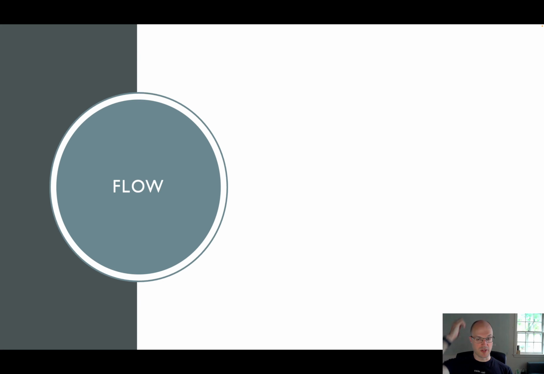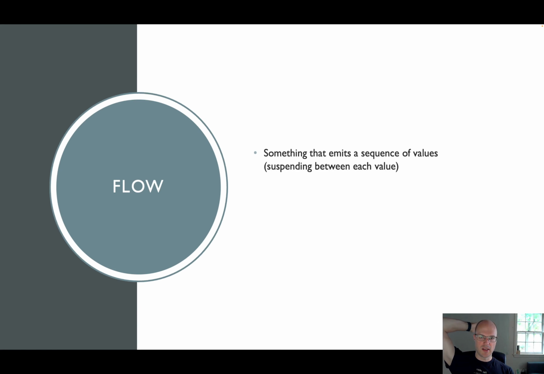So first one is called flow. And basically what a flow is, it emits a sequence of values, suspending between each value. That's all it does. In particular, I kind of hate this name. I think it sucks. I think it would be much better if they called it like a suspending sequence or something like that,